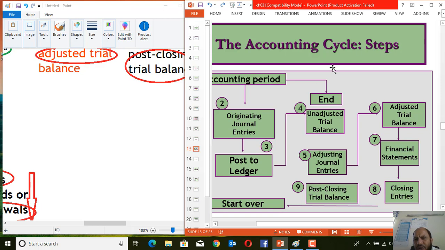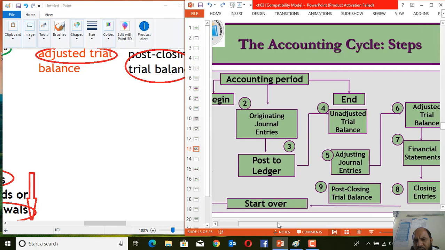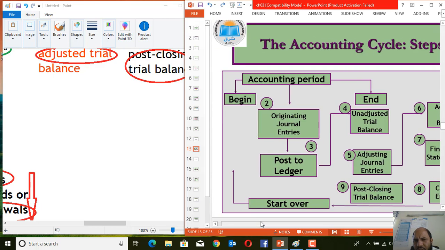Here, dear students, you will see the accounting cycle steps in terms of a graph or chart. See here, the accounting period is beginning over here, and when we begin the accounting period, our first step, as we have discussed, is analyzing transactions. After analysis of the transaction, we will record this into the journal. Then we will post this transaction to the ledger accounts,